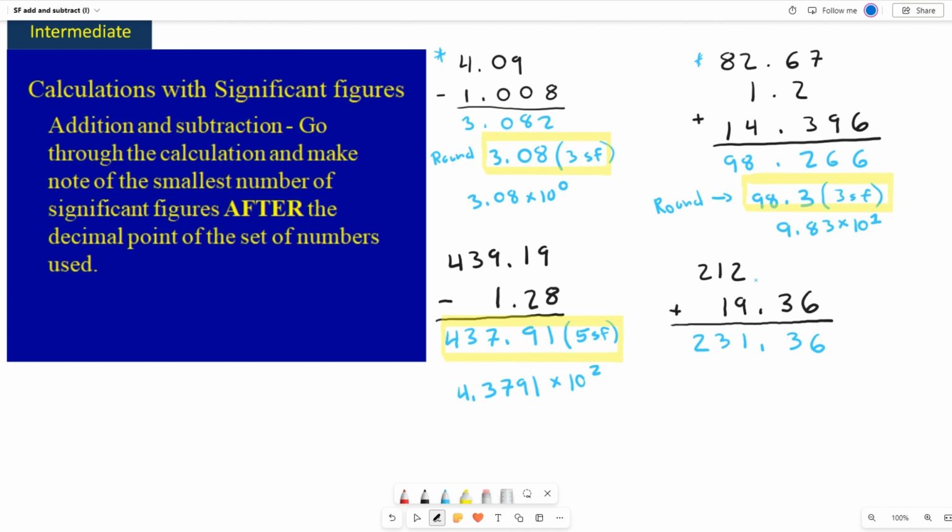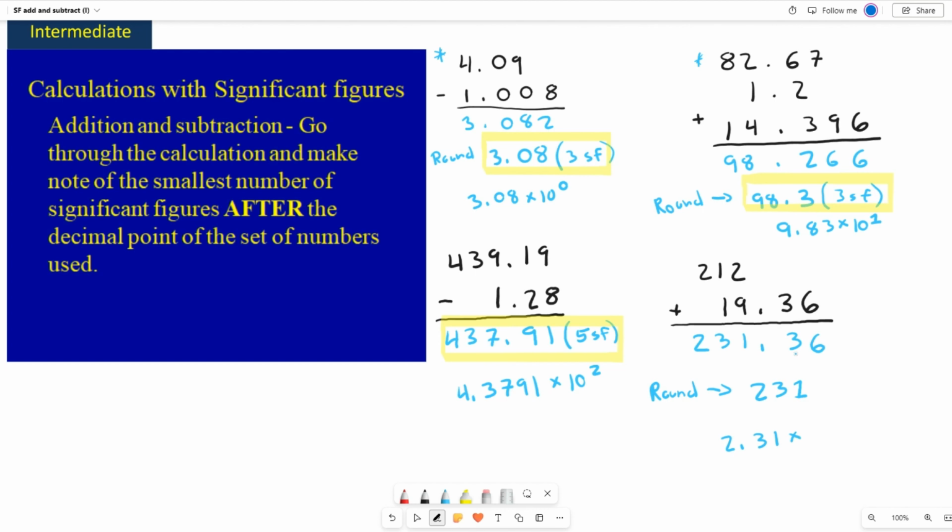231.36. But remember, we can't have any numbers after the decimal because our 212 doesn't have any numbers after the decimal. So when we round this for the correct number of significant figures, we're going to have 231. Realize that this 3 is less than a 5, so that means the 1 is going to stay as it is. It's not going to round up to a 2 because this digit after the 1 is less than a 5. So if we were to write this 231 in scientific notation, it would be